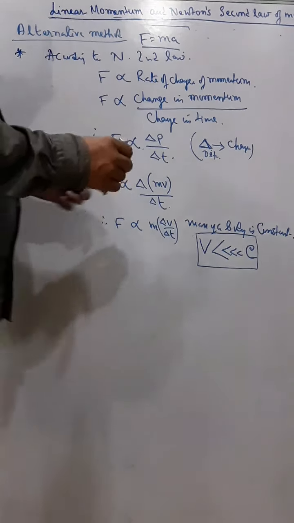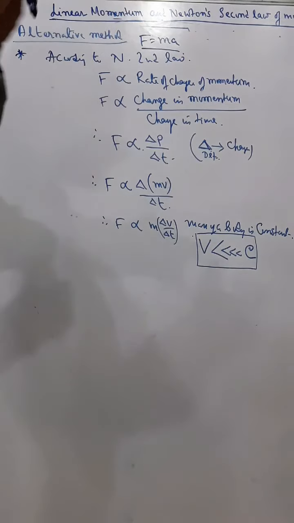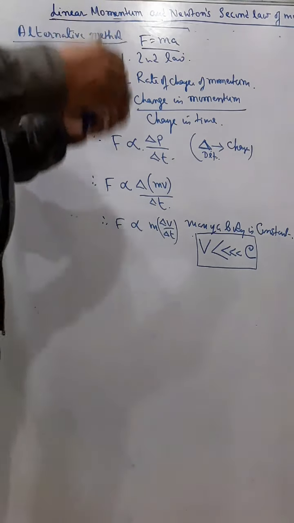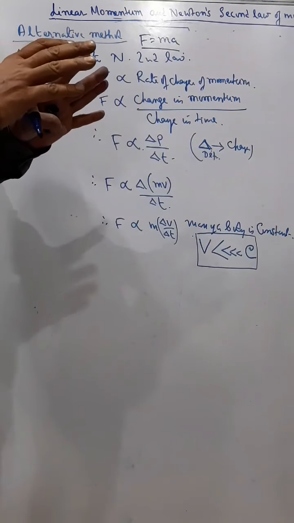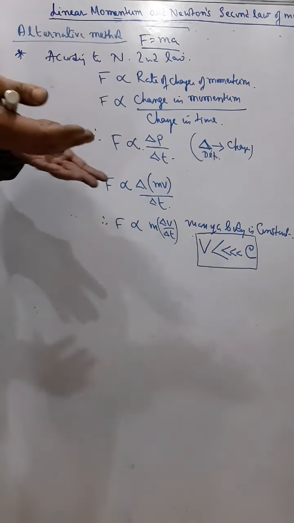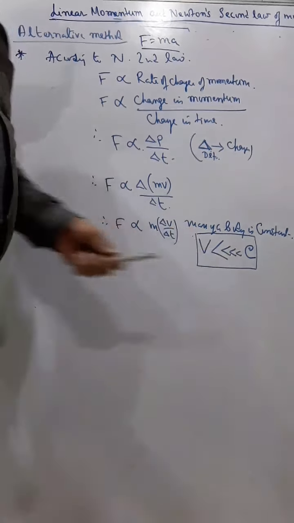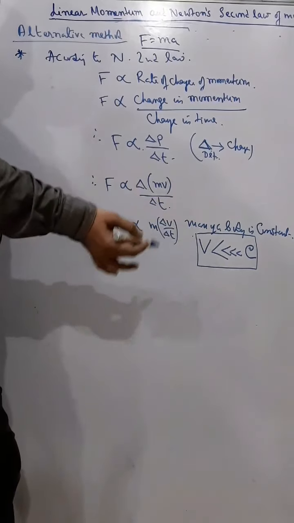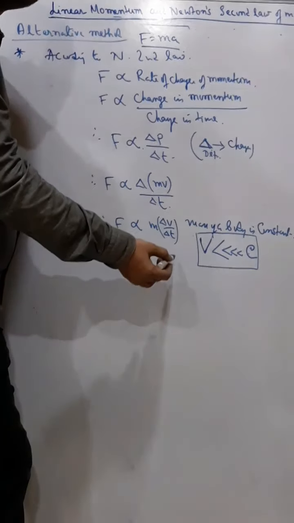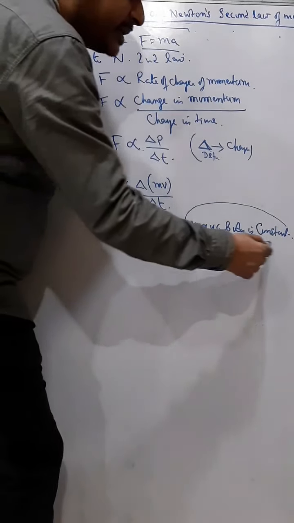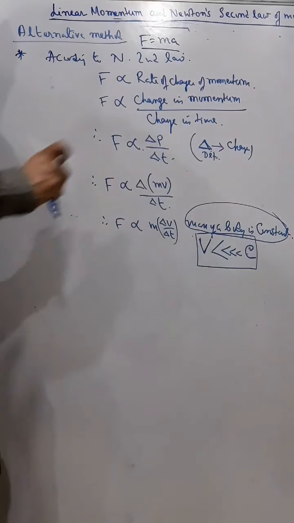But if the velocity of the body approaches that of light, meaning comparable to light, nearer to light. Now it can't be equal to or greater than light, because nobody in the universe has reached equal to or greater than light; it is impossible till now. So in the general case, every body's velocity is much less than light, and in every case we can say that the mass of the body is constant. So therefore delta m, a change in mass, cannot happen.